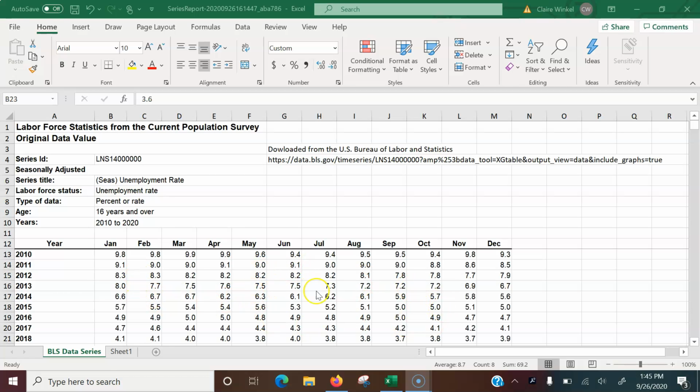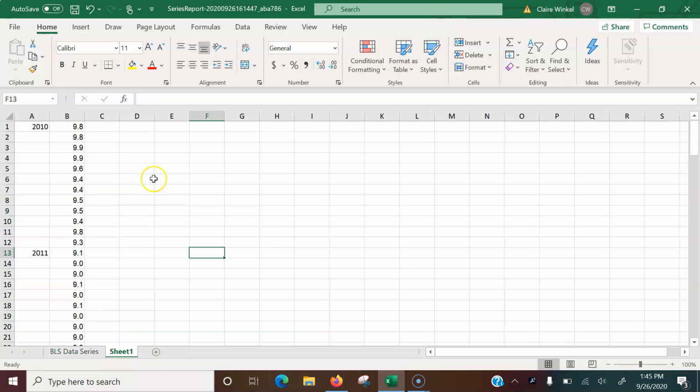I have taken all of this labor data and pasted it into column B on the next sheet so that it's a little bit easier for us to work with. We want to find the 5-number summary for this data. You can recall the 5-number summary